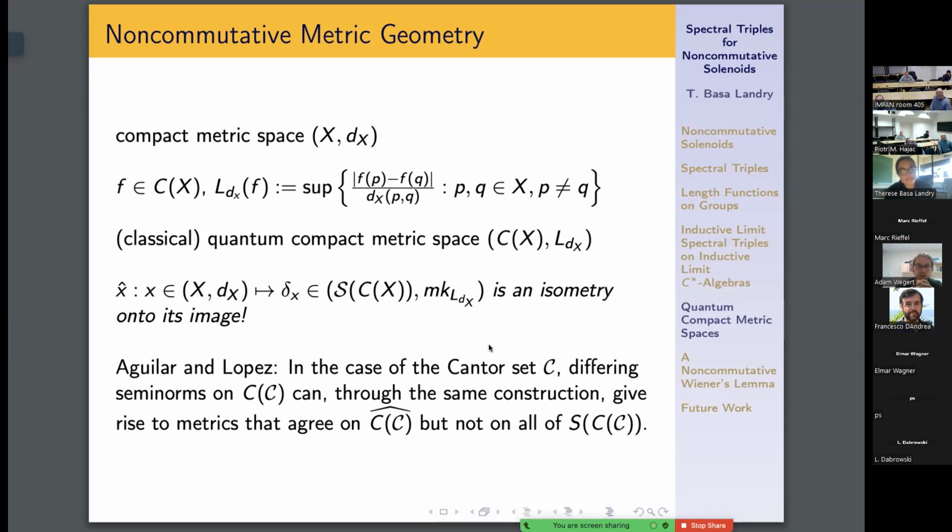x is a variable, so this map should probably be called just delta. Delta takes x in a metric space and sends it to delta of x. Yes, which is delta. Yes, x hat looks strange. Okay, of course, it would be better to call this map just delta. But where do you see this Gelfand transform? I don't see it here. It is not written, but in terms of evaluation,